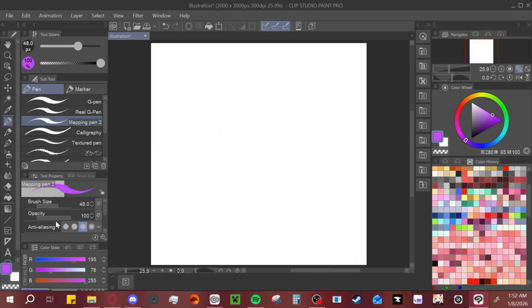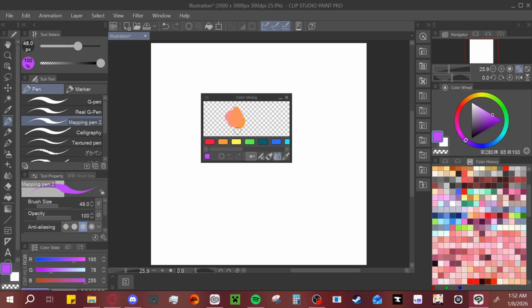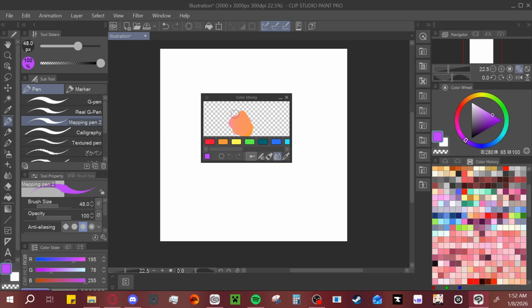So another thing that we can get rid of is pretty much everything else that we've left down here. This is kind of interesting though. You can actually keep this if you want. So color mixing is a really unique thing that some apps do. I know Paint Tool Sai does it. I don't think Krita does, but there's some that do, where you can actually mix your colors on a canvas as if they were physical paints, and then you can color pick from that to get specific shades